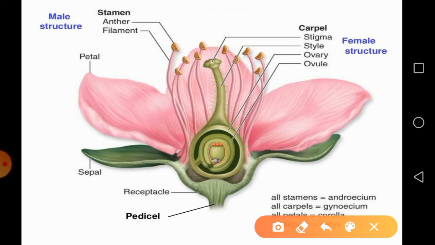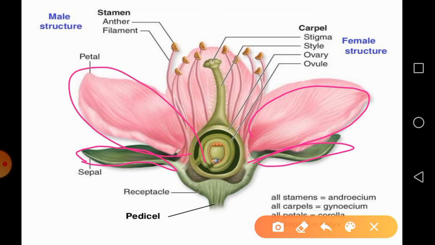So these are the outermost part. Here you can see green leaf-like structures present. Those structures are called sepals. The outermost protective whorl, the individual member of the calyx, is called a sepal, which is generally green in color. Then the second, or attractive, whorl is present inside the sepals or calyx. That colorful or attractive part is called a petal. The individual one is a petal, and all petals together are called a